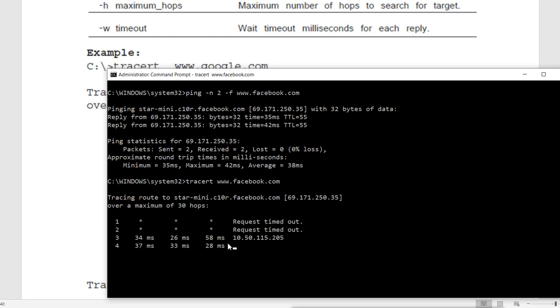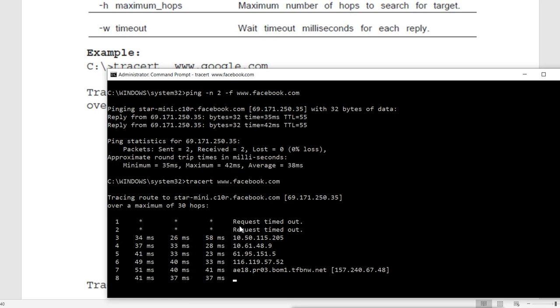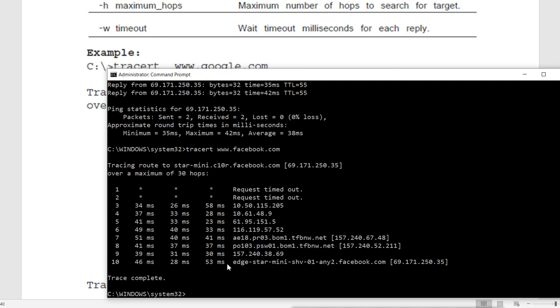Now when it is going ahead, it is getting the other routers. That means it is okay. There is no firewall which is blocking it. There is a problem with the device. Suppose there is a machine which is configured and that machine is not able to reply, or sometimes the packet may drop. But when it is going continuously, that means there is no firewall which is blocking it. And you can see it is finding these routers. It reaches up to 9 hops, and then at the 10th hop it reaches the destination IP or destination machine, and the traceroute is completed. It reaches within 10 hops, but it can go up to a maximum of 30 by default.